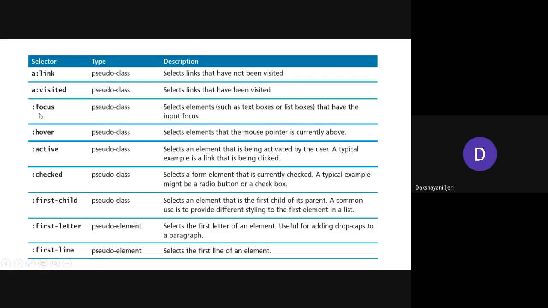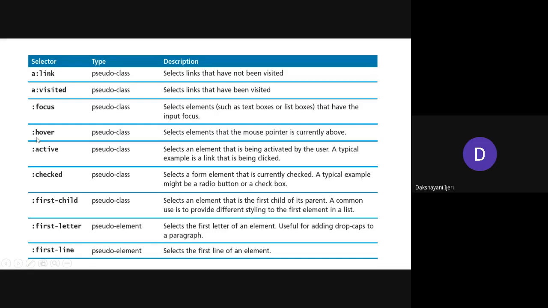Right? So focus, in the sense, is with respect to the text box, especially with the form. Whenever you want to fill the form, and if the user is going to click on a specific text box, at that time if you want to highlight that or make it appear differently, just to show the user that the cursor is placed over here to give the input, at that time you can go for using the colon focus selector. Okay, so right now you just understand for what purpose each of these selectors is used. When I show you the example of how to use them and the output for that, you will get to know how it is going to make a difference or how the styles will be applied over there.